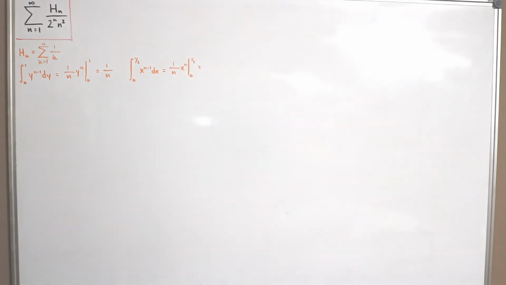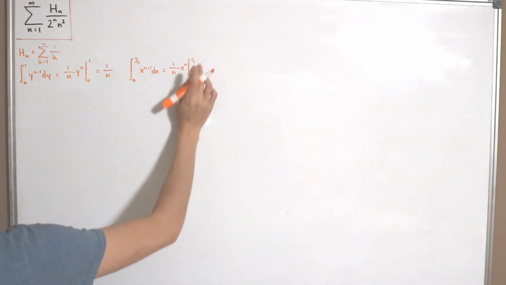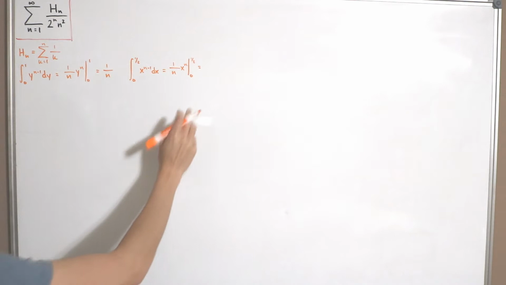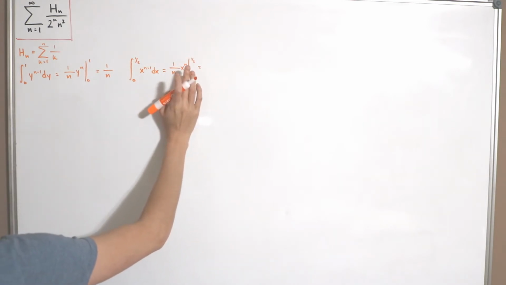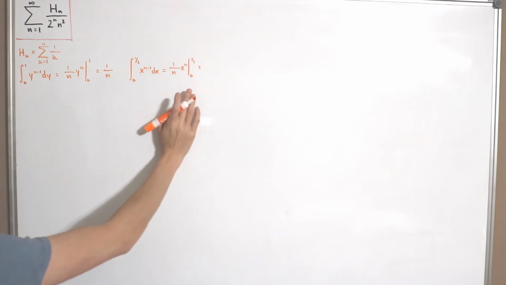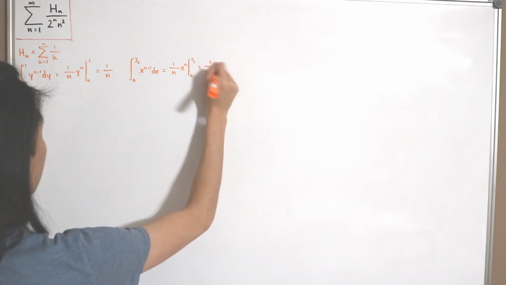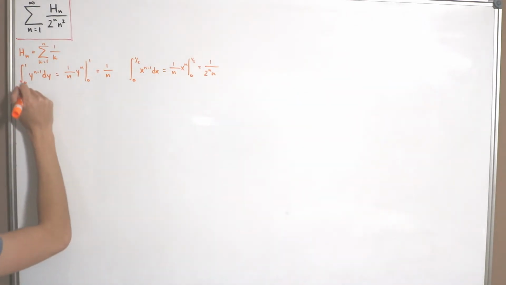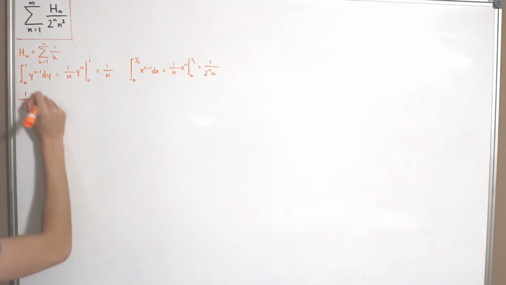Plugging in the bounds, this is 1 over n, and then 1/2 to the power n. So this is just 1 divided by 2 to the power n, multiplied by n. So what this implies is that 1 divided by 2 to the power n times n squared is